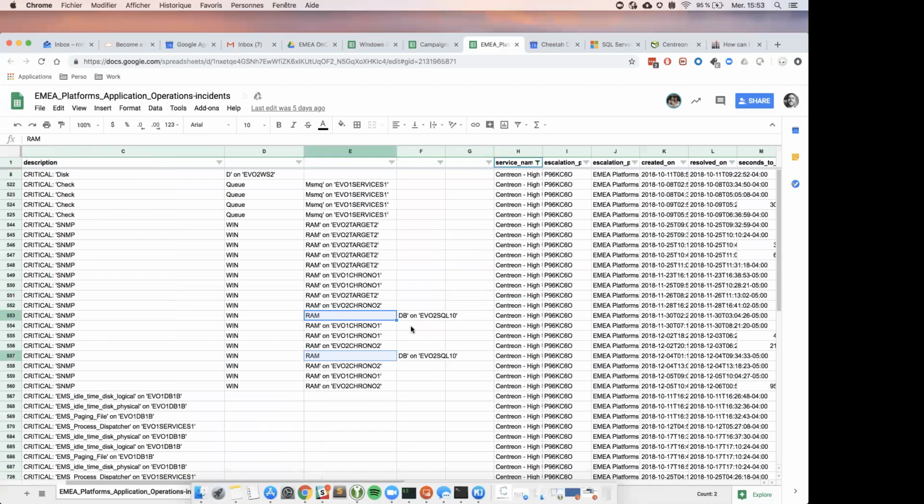Sometimes, I don't know why, we have received some alerts related to database servers, because our database servers are configured to use almost all the available memory on the servers. It means each time you start SQL Server on your database server,